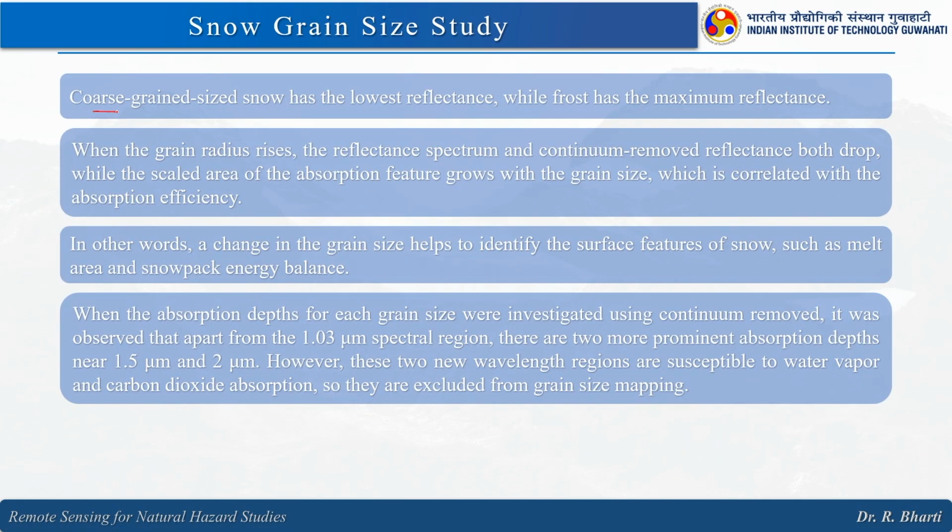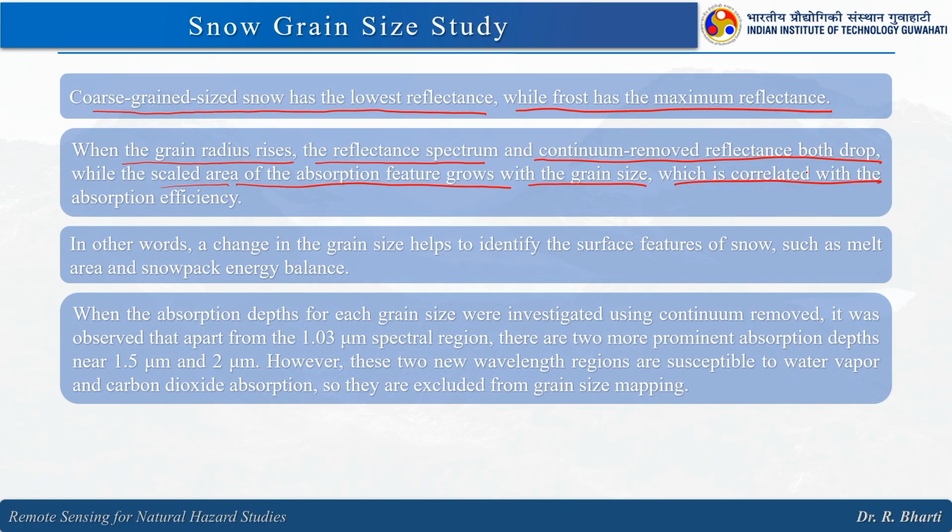From this study we found that coarse grained snow has the lowest reflectance while frost has the maximum reflectance. When the grain radius rises, the reflectance spectrum and the continuum removed reflectance both drop, while the scaled area of the absorption feature grows with the grain size, which is correlated with the absorption efficiency. In other words, a change in the grain size helps to identify surface features of snow such as melt